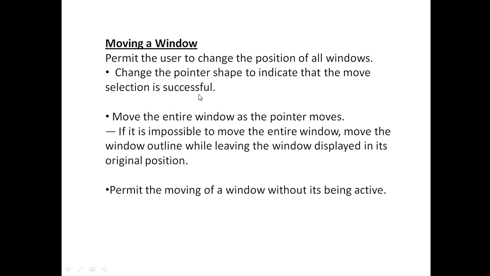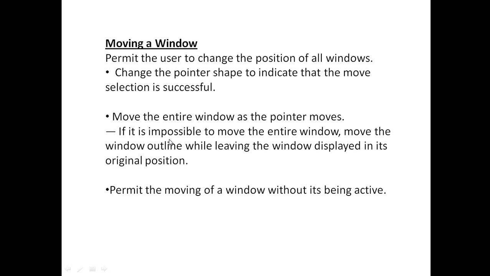That simply provides some sort of feedback to the end user, indicating it is safe to begin the move operation. Whenever we perform this move operation, it should and must move the entire window as the pointer moves.